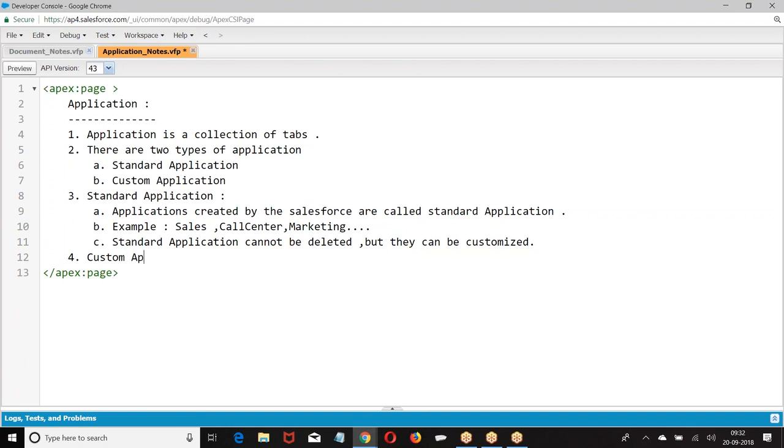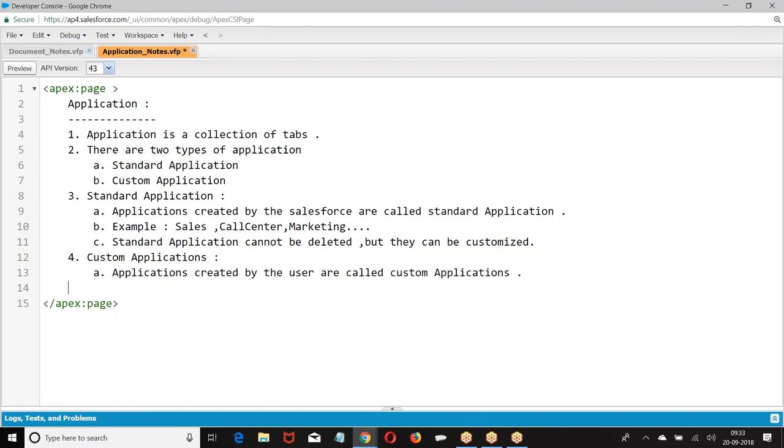Custom applications: applications created by the user are called custom applications. They can be deleted or customized as per business requirement.